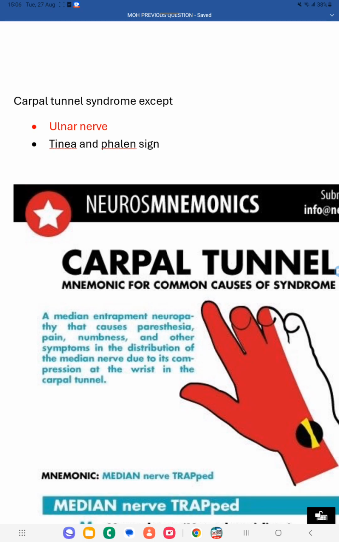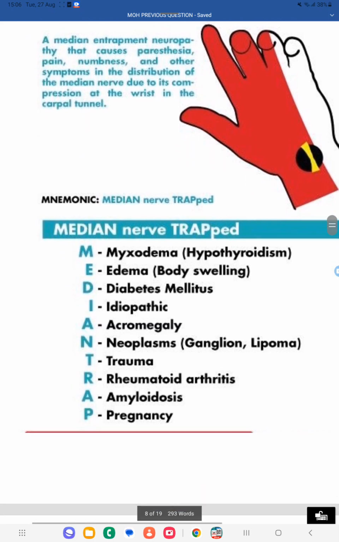Carpal tunnel syndrome is a median nerve compression, and the compression results because of myxedema, edema, diabetes mellitus, idiopathic, acromegaly, neoplasm, trauma, rheumatoid arthritis, amyloidosis, pregnancy. So these are the reasons for median nerve compression, and the median nerve supplies the thumb, index finger, middle finger, half of the ring finger. This much area is distributed by the median nerve. Because of the compression in the median nerve, in that area the patient will suffer with pain, paresthesia,